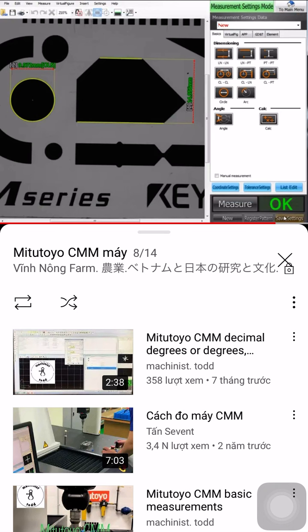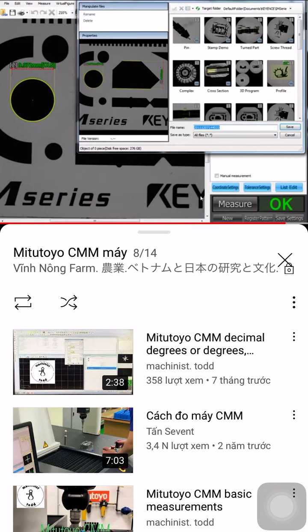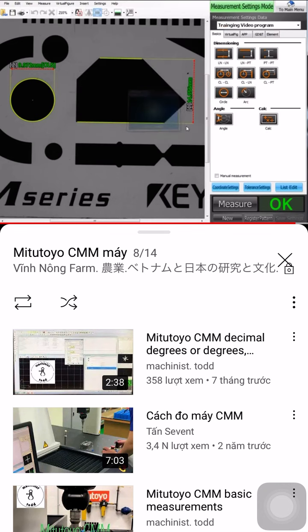And the last step is to hit your Save Settings button. You'll see 3 pictures. Simply deselect your Inspect Sync Marks and Flash, and then hit OK. From here, you can give that part a name. And hit Save. Your part is now fully saved. You can go back to your main menu and try out your part in multi-measurement mode. Give it a shot now, and then jump back for